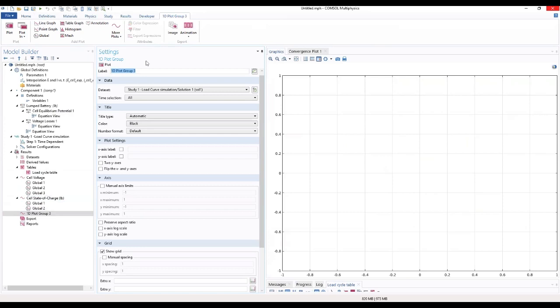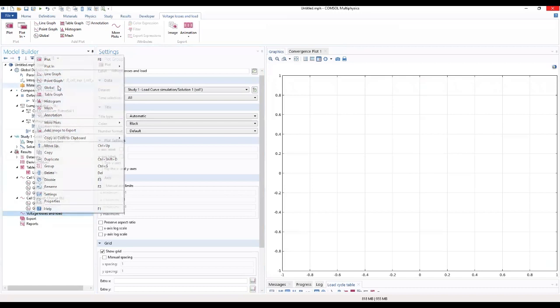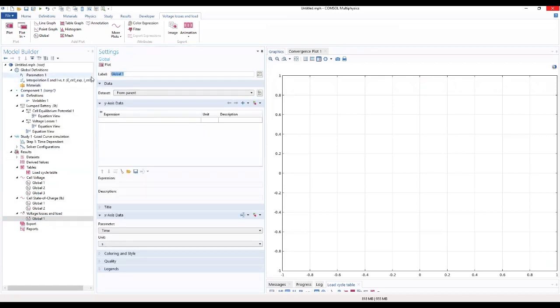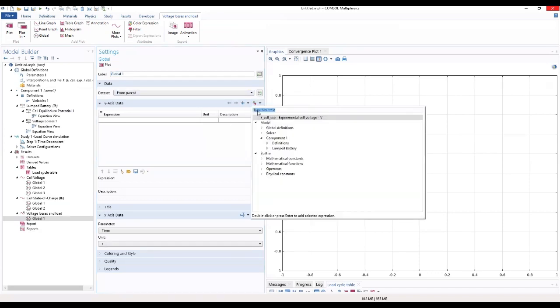Then we'll name this as voltage losses and load, and go ahead to add a global plot, add an expression,